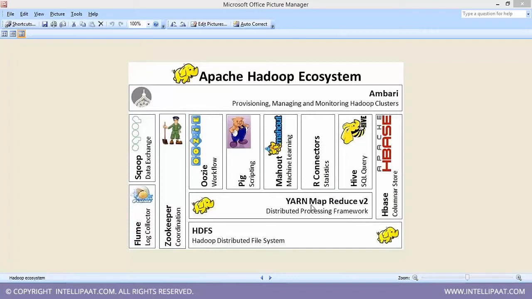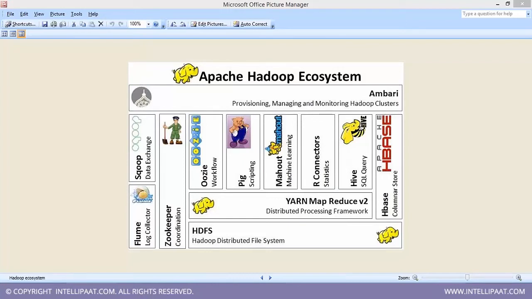HBase is basically a NoSQL database. So in the current session also we'll be learning about HBase as a NoSQL table. NoSQL tables are a framework of tables where we keep all the data in one single table. So it allows you to process and do low latency queries much faster compared to your normal database systems.